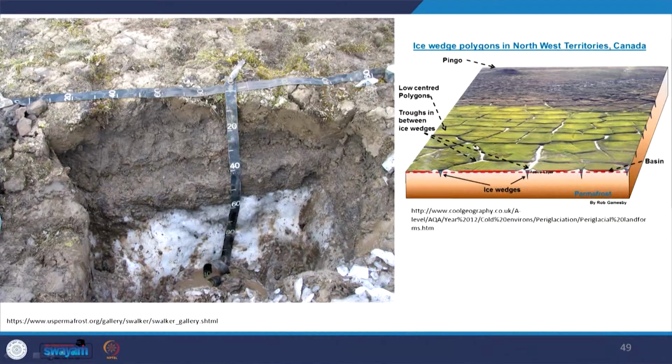So, that is why the surface is subsiding down. This is the most severe problem facing the permafrost region nowadays. Now you see here in this figure, the development of cracks in the permafrost region due to melting of ice. In Alaska and Siberia, this is the most severe problem nowadays. So, this is an example of ice sheet melting and growth of ice sheet in physical or mechanical weathering.